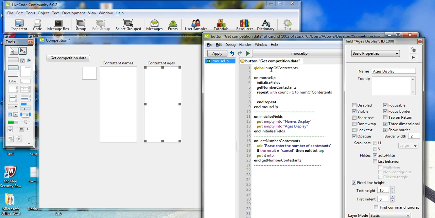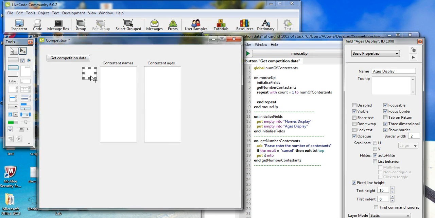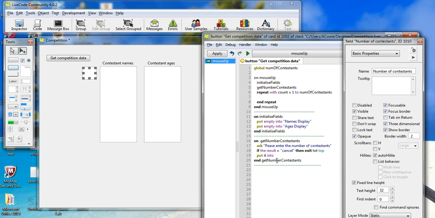So if I type in 5, that will go into a storage location called number of contestants, and I think I'll display it into that field there. Now I haven't given that field a name. It's got an ID number, but I'll just call it number of contestants. So I'm going to copy that there. Let's see. And in this field handler down here, I'm going to say